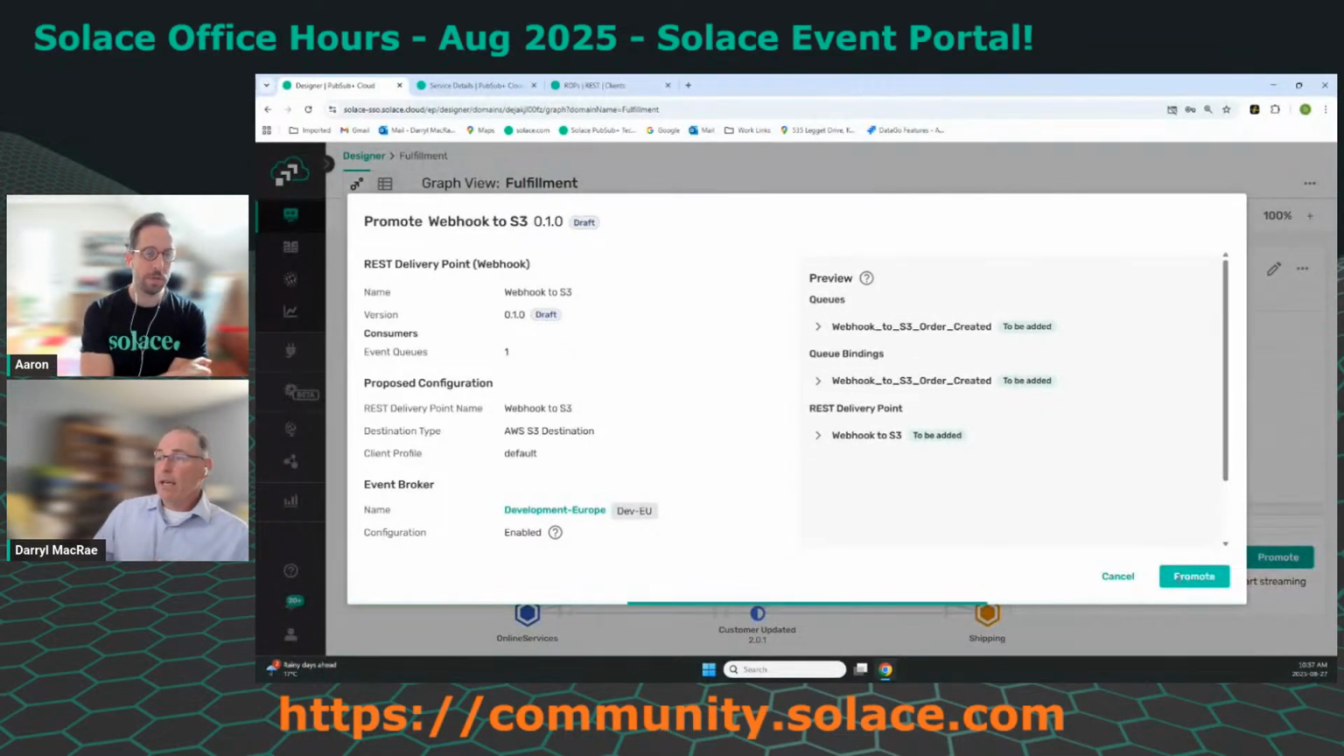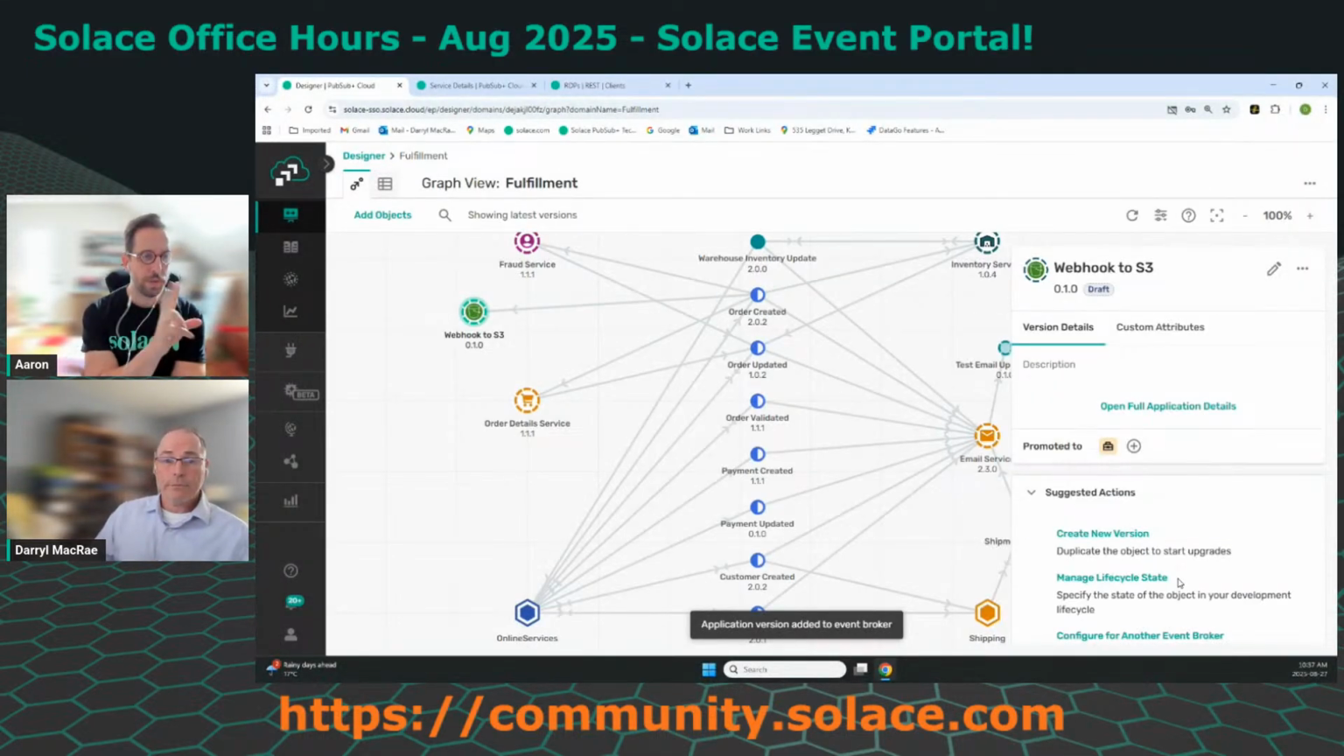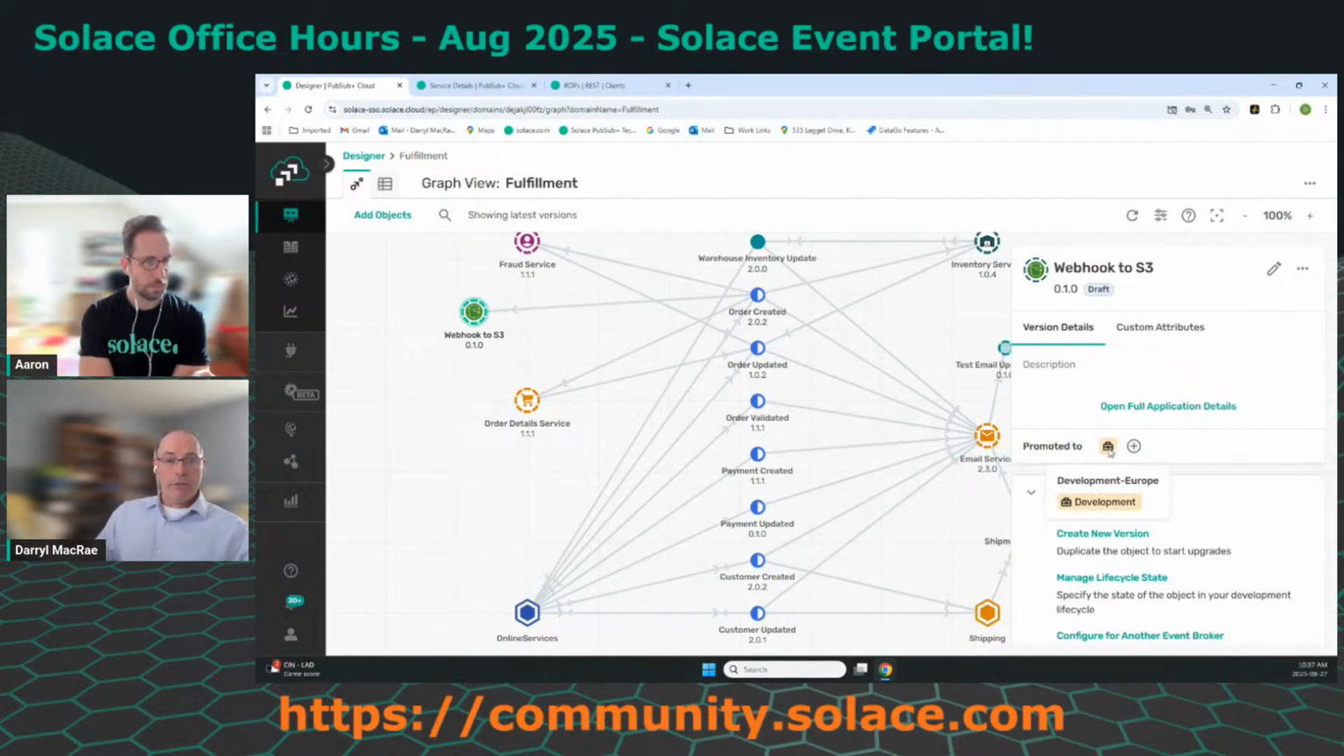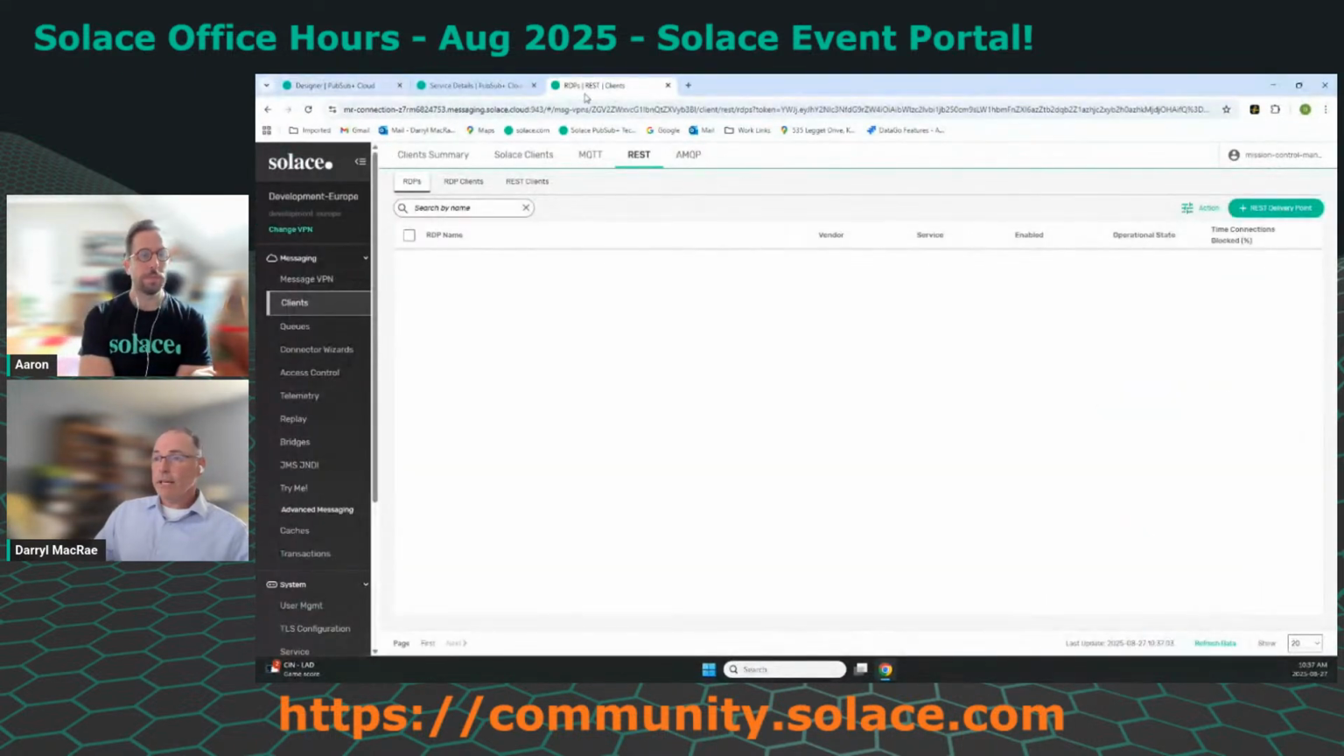So all those queues were all kind of just typical messaging applications, right? Yep, exactly. Those are all these applications here, and the ones in the other app domains. Exactly. So you see, there's a little toast that came up that said it's deployed, and then you see this is promoted to. If I hover over here, it's the development environment and the development Europe broker. And if I go back to my broker and I refresh,